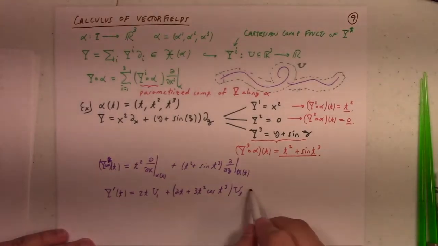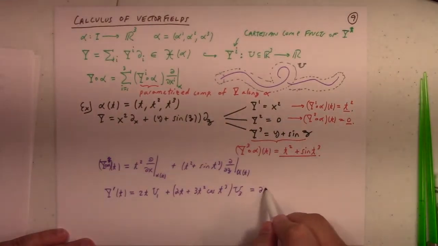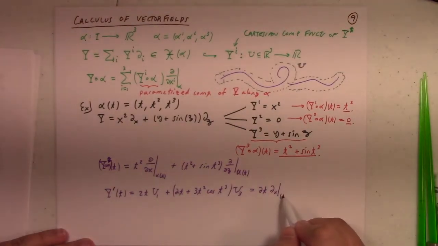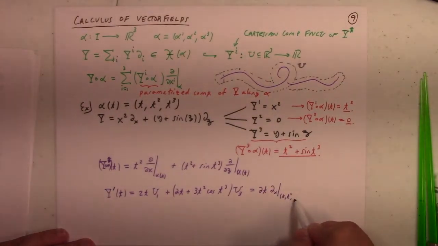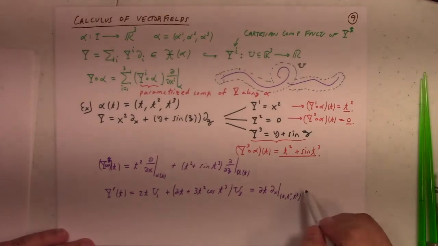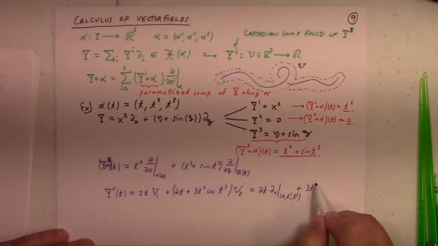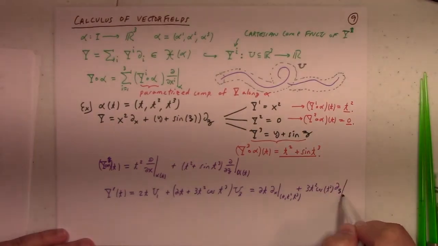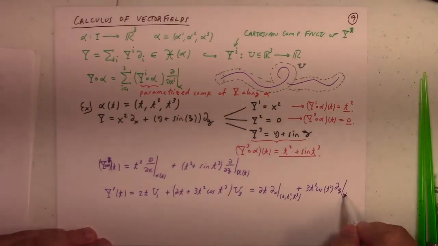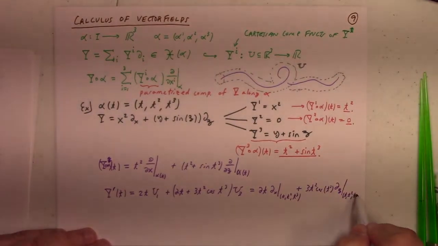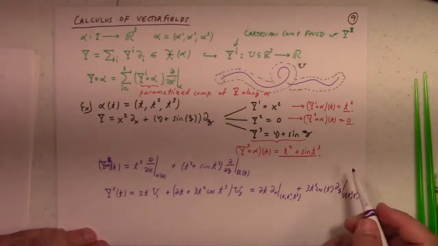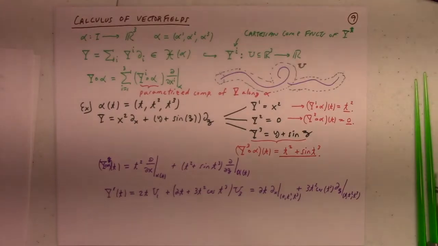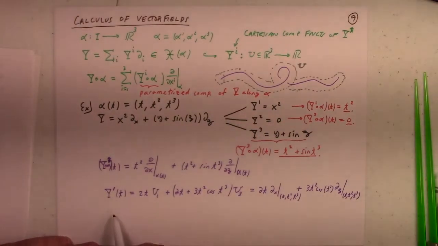u3, right? I mean, okay, fine, just get it out of my system here. I could write that as partial x at the point t squared, t cubed, plus 3t squared cosine t cubed partial z at the point t squared. If I really want to write more, I could do that. Okay, true, fine, great. And so what would the second derivative of the vector field y along the curve